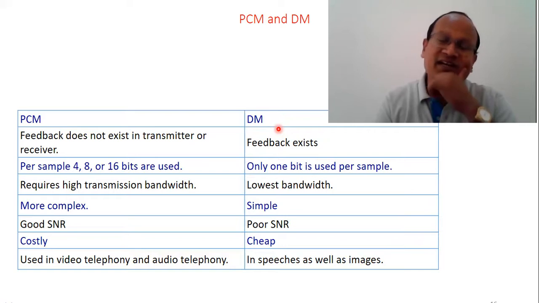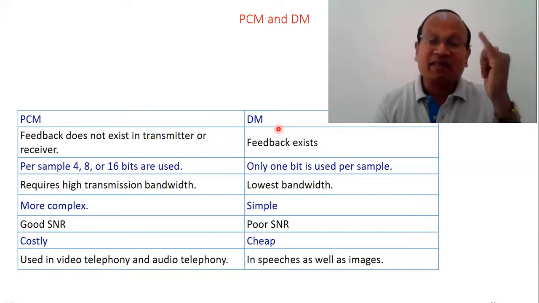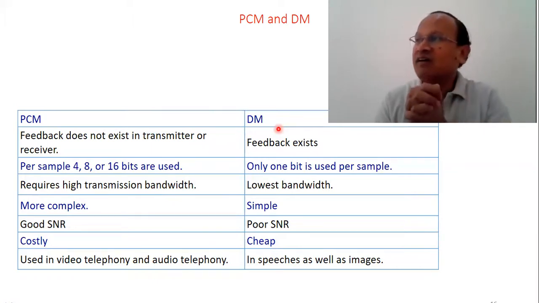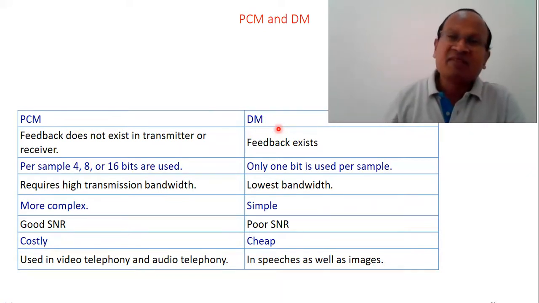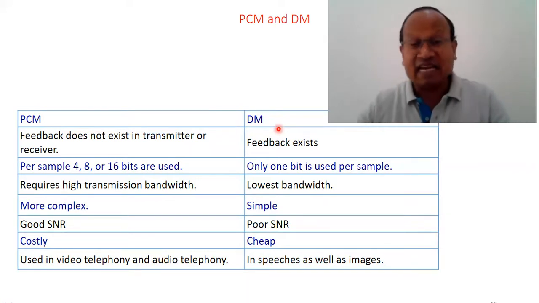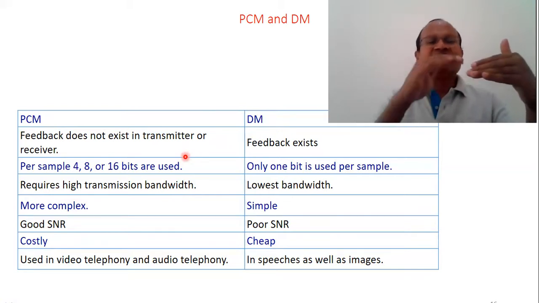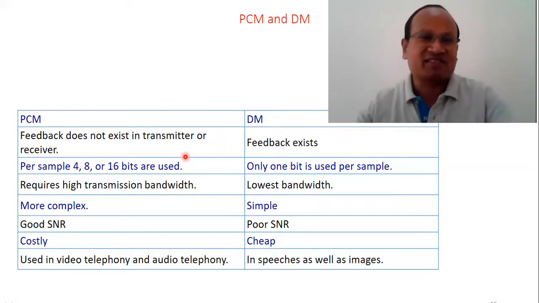Can we apply the same interpretation here? Of course. We have a loop, and DM therefore provides efficient and stable output. But of course, bandwidth saving is there. But when you compare in terms of SNR, because there is some more loss, SNR is less as compared to PCM. It's very less. In fact, it's even lesser than DPCM. PCM has higher SNR than DPCM, and DPCM has higher SNR than delta modulation.